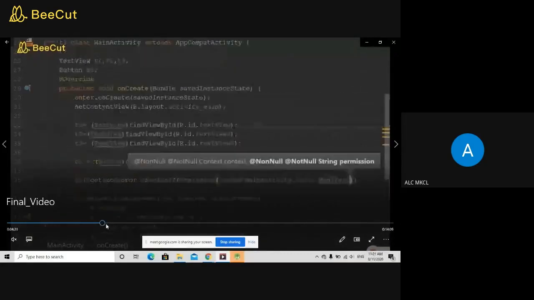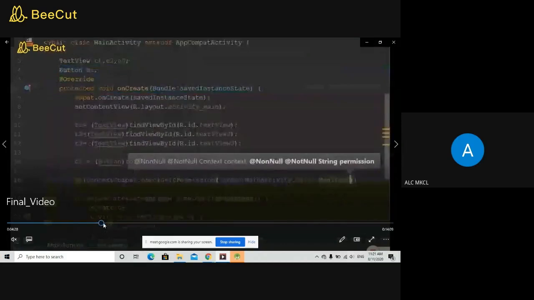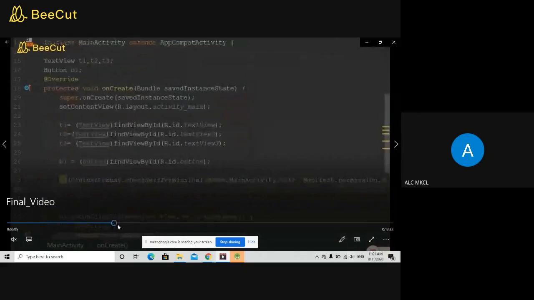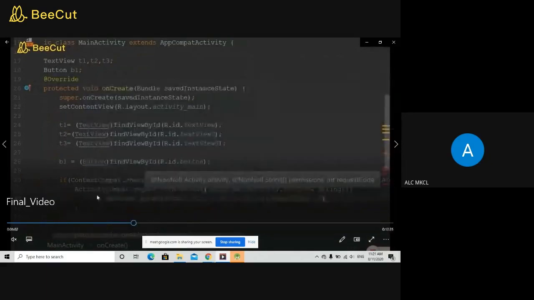Just see here, I have set 3 permissions. That is android.permission.ACCESS_COARSE_LOCATION, android.permission.ACCESS_FINE_LOCATION, and android.permission.INTERNET. These permissions you are supposed to set in the AndroidManifest.xml file. Now, whenever you are installing this application, you need these permissions from that particular mobile phone for your application. If these permissions are not granted, what will happen? They will ask for the permission, and they will ask for it with these set of lines.